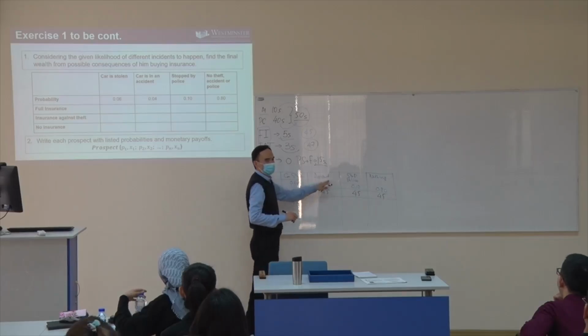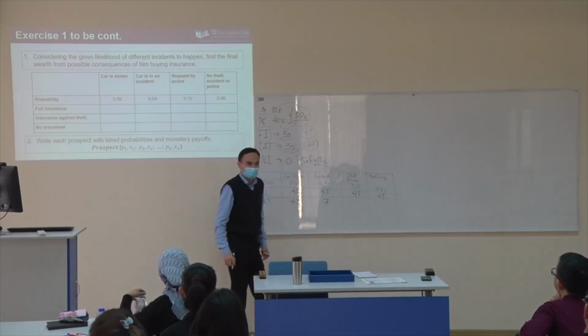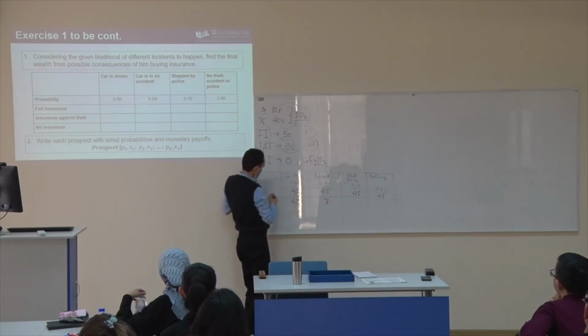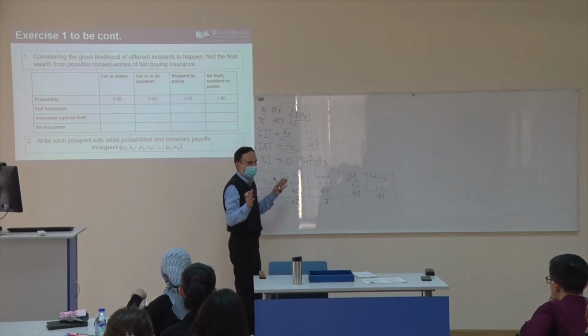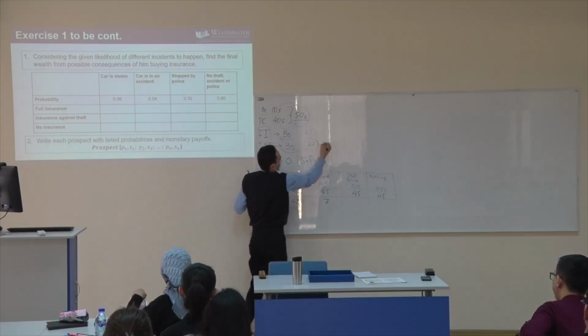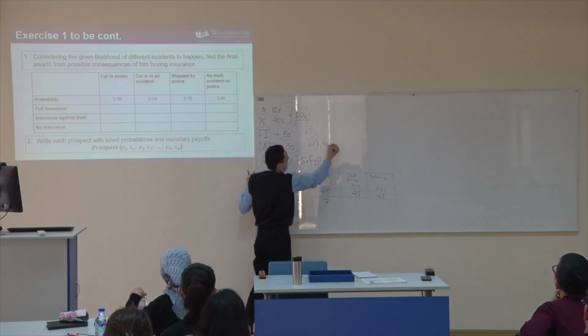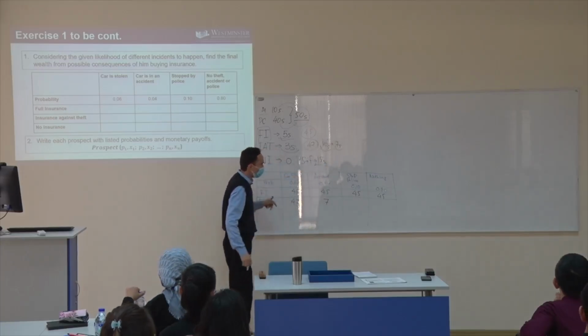47. If it's an accident case, it will be 7. Why? Because insurance against theft covers only theft. It does not cover accident. If I got in an accident, I lost my car. What I have left is 7. So this is 40 sums of car price plus 7 sums cash that I have. I have left this one. I lost this one. Good.